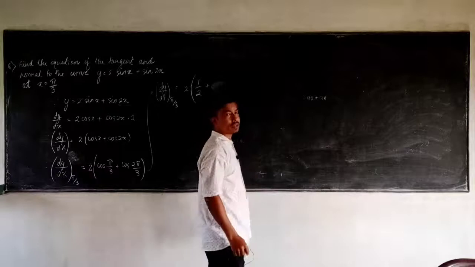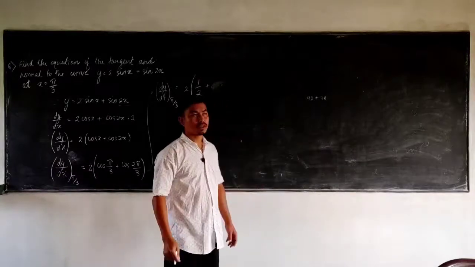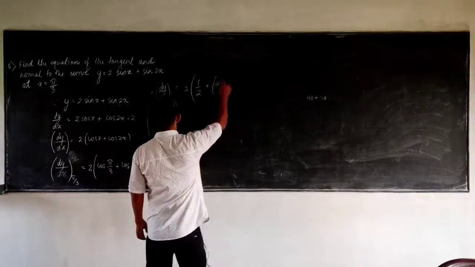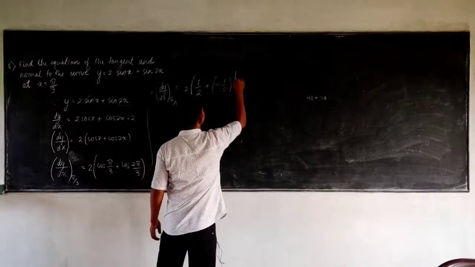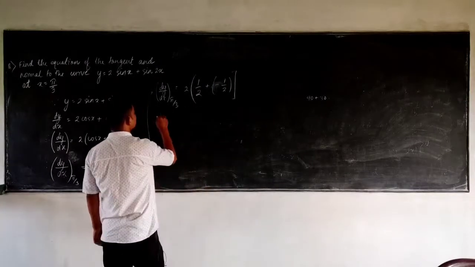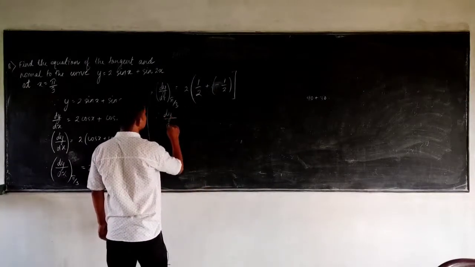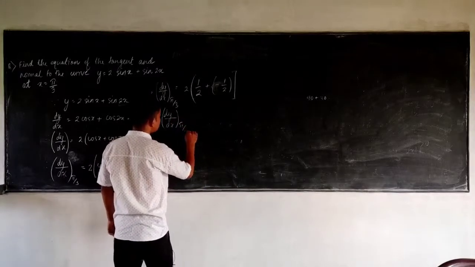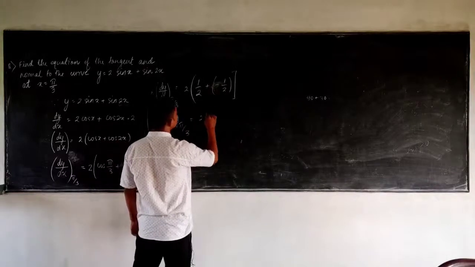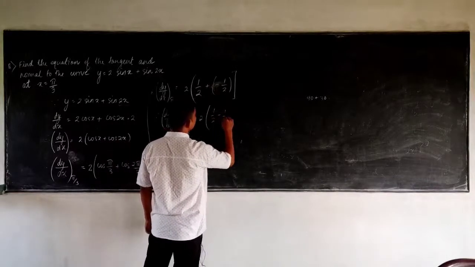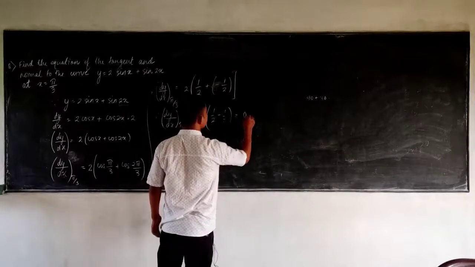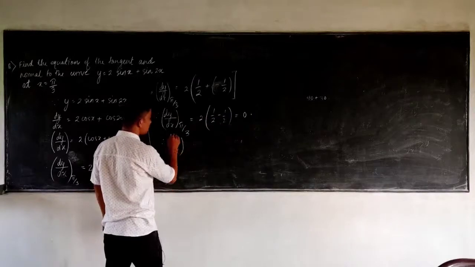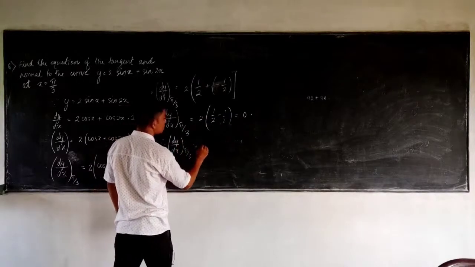And this lies in the second quadrant, and in the second quadrant the cos is negative. So it will be plus into minus. What is the value of cos 30? Minus half. Okay, so what do I get? So therefore dy by dx at the point pi by 3 will be equal to 2 into half minus half. So half minus half will give me 0. Okay, so therefore the slope is 0. So dy by dx at pi by 3 is equal to 0.